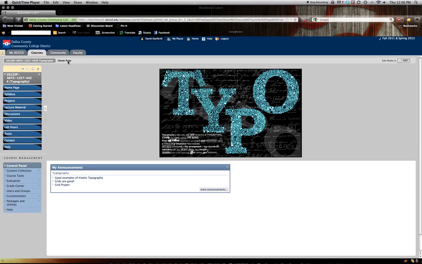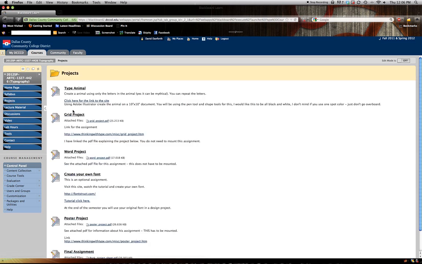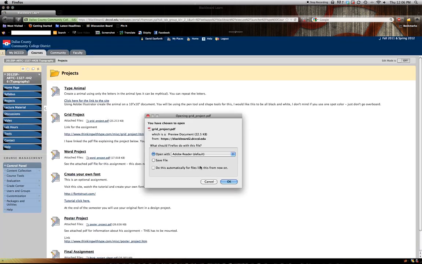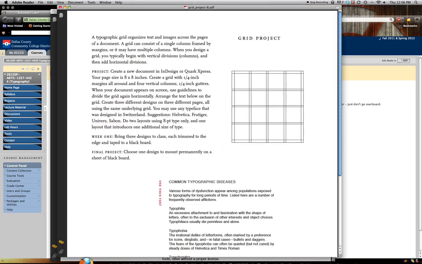Some of the students were having kind of a hard time with this grid project, so I'm going to show you an easy, quick way to do it. Hopefully it helps some of you out. So here's the Blackboard page. You click Projects, Grid Project, and you should be able just to click that and it'll open up in